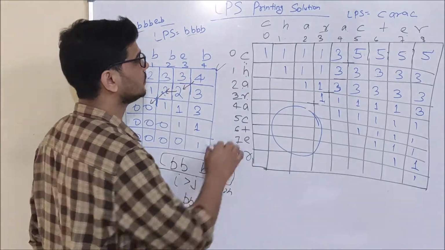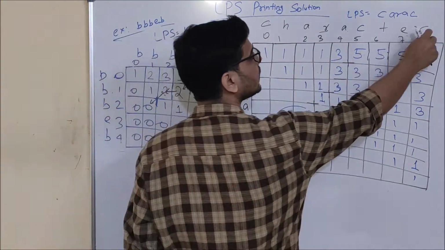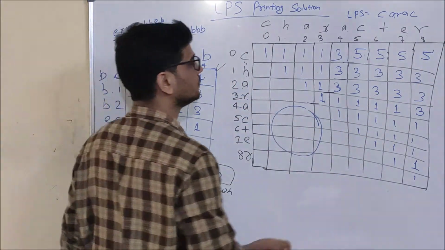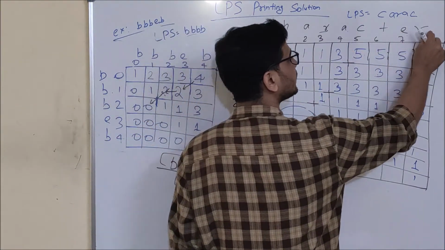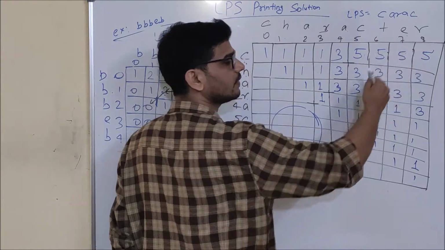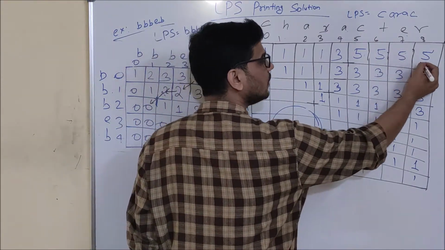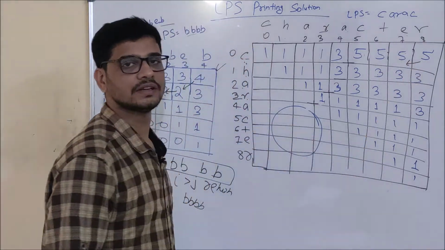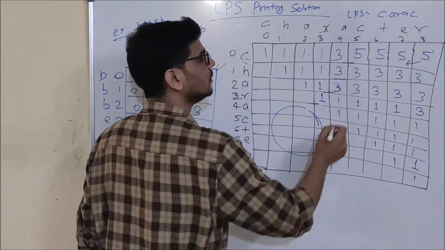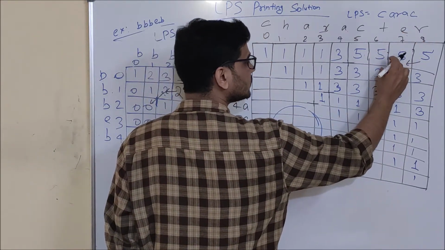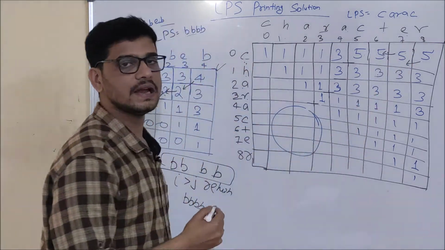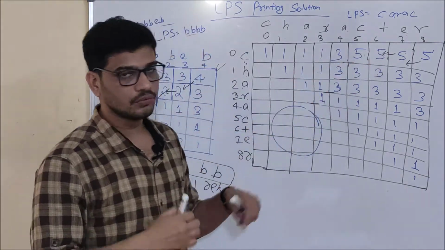So as you can see here friends, the character here is C and here the character is R. I will backtrack from the position from where I have got my answer. As you can see, this character and this character are not equal. So it means my answer has come from either down or left. But as you can see, the left one is greater. That means my answer came from here. Now again, here the character is C and here the character is E. So what will I do? My answer has come from either down or left. But the left one is greater. It means I will move to the left one.